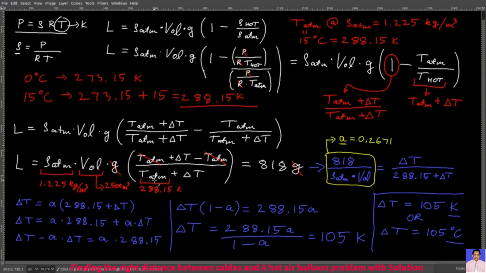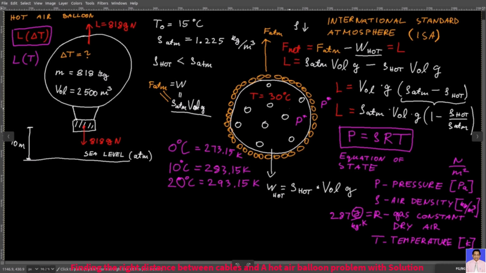So I either add 105 Kelvin to 288.15 Kelvin, or if I measure it in degrees Celsius, then I simply add 105 degrees Celsius to 15 degrees Celsius, which means that in total you will have 120 degrees Celsius inside your balloon. But since you already have 15 degrees Celsius, you only need to add 105 degrees Celsius to the balloon